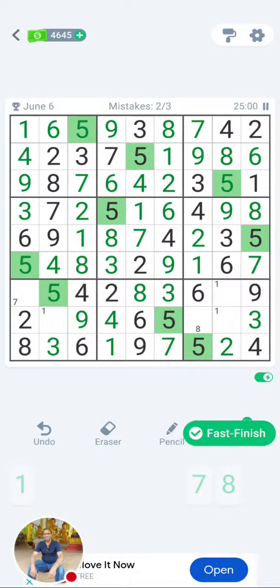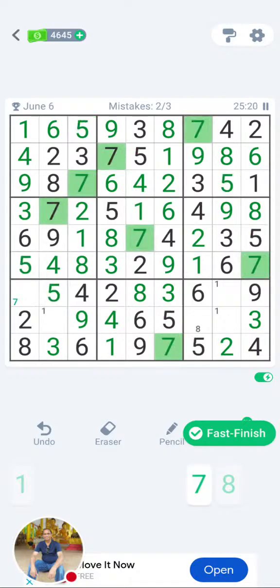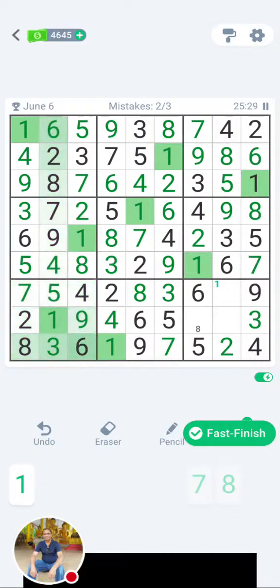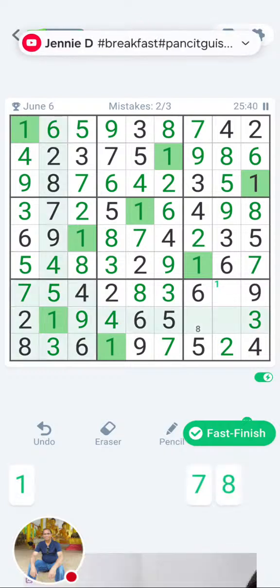Now let me see any other blanks. There's 2 blanks over here in the first vertical column, last grid. So 1 and 7 is missing. So in the first vertical column there is only number 7 missing. So I put the 7 there. And in the second vertical column from the left there is only 1 missing. So I'll put the 1 over there. Now in the last row top line, there is only number 1 missing, so I put the number 1 there.